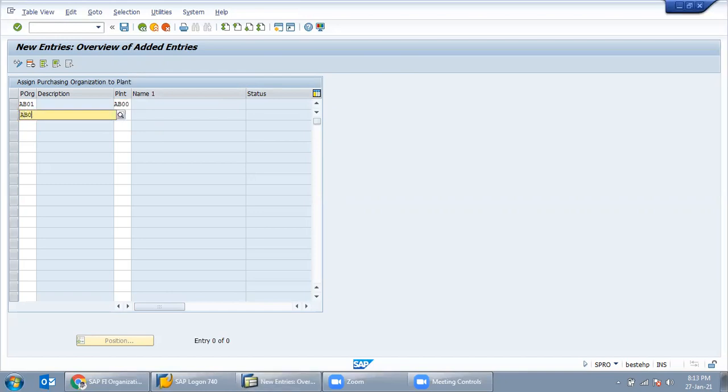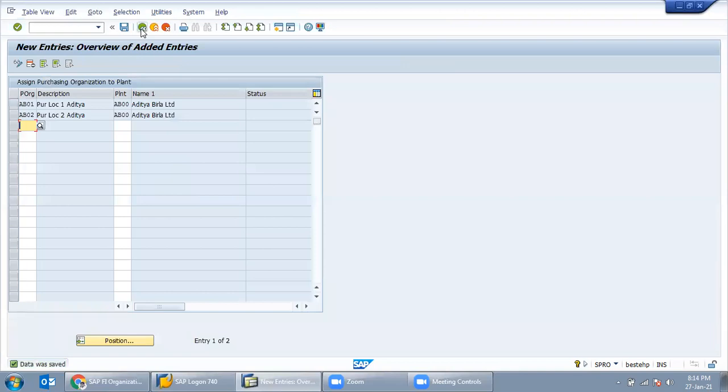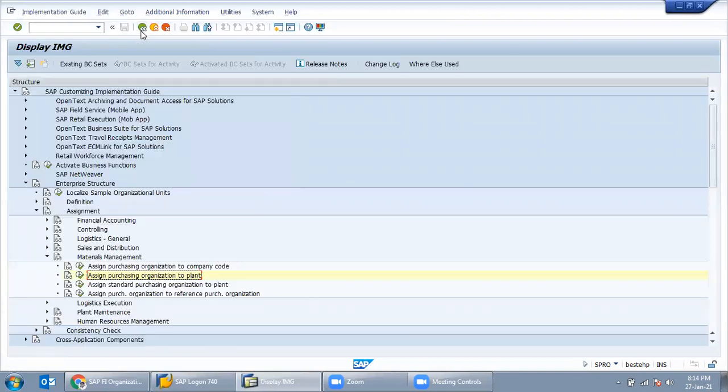Again AB02 is our second purchasing organization, that is the corporate office. The plant is the same, AB00. We are going to maintain two purchasing organizations in the same plant. Just save and save. Okay. So purchasing organization created, storage location created, and company code created.